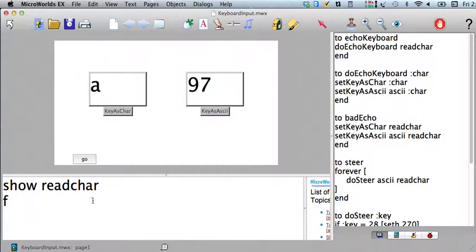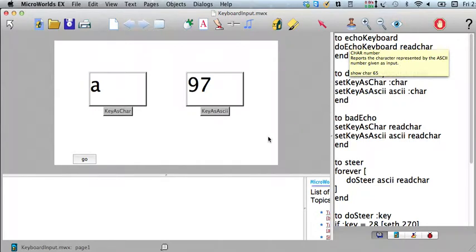So the way we write procedures that do keyboard stuff for us is with readchar. What I did was I wrote this little MicroWorlds program, and I'll show you what it does first. I'm just going to press the go button, and if I type a letter, so I typed A,